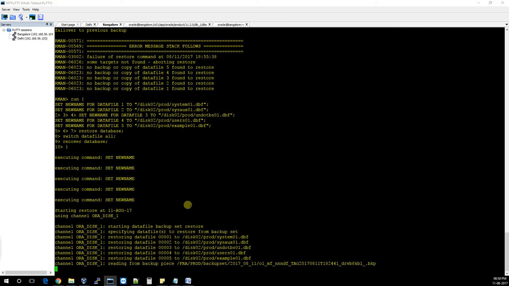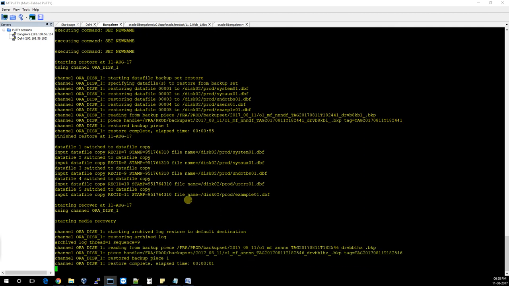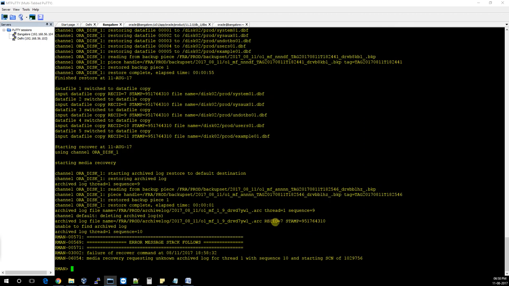It will take some time, no issue. Just wait. Just a little time it will take. The database is restoring now. So you can see now I started archiving, applying recovering database, start media recovery, and it recovers what are the